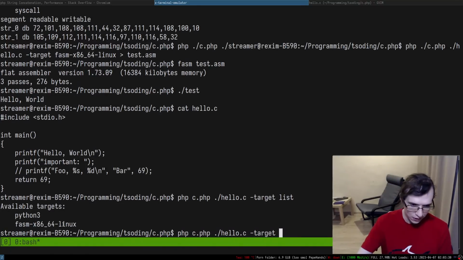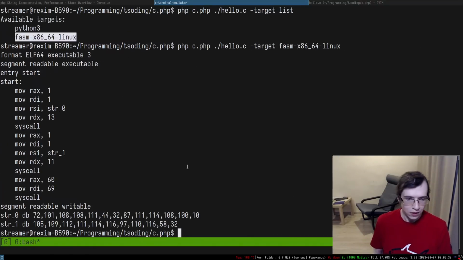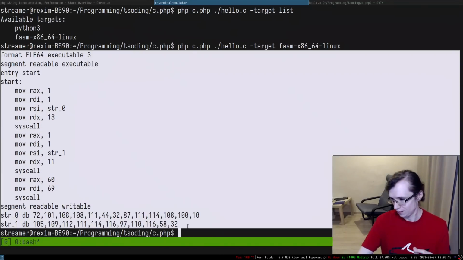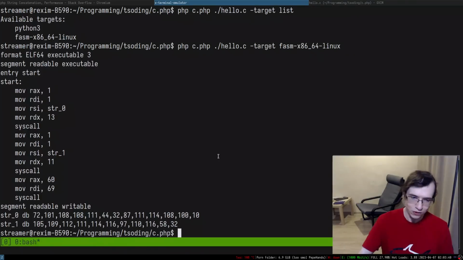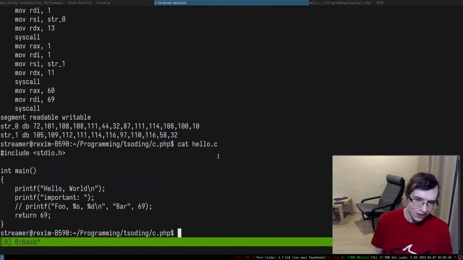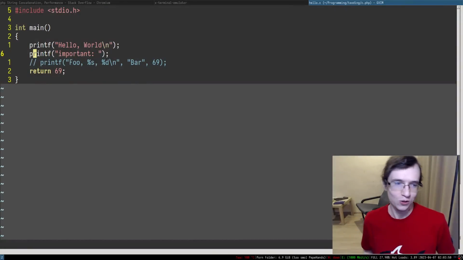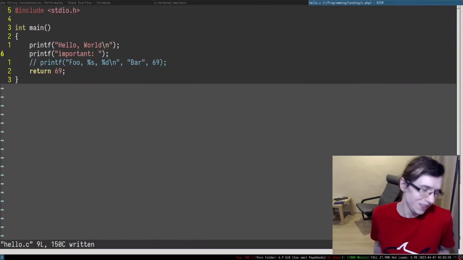We have to provide the specific target in here, but there we go. That assembly was generated by a PHP script from this C file, and it works, and it behaves just like if you would compile that with GCC or something like that. It's a small subset of C, but yeah, that's pretty cool, I think.